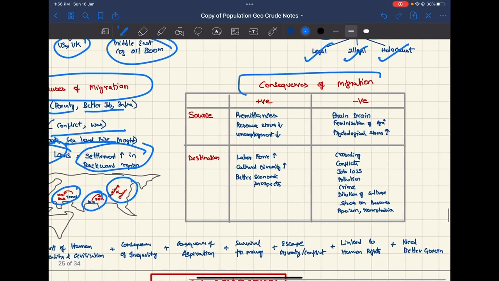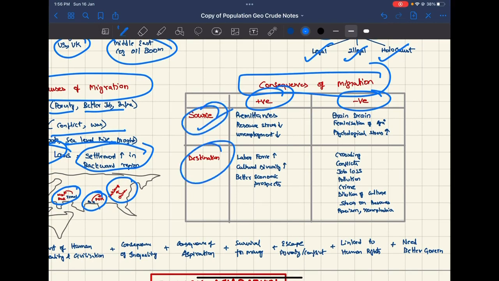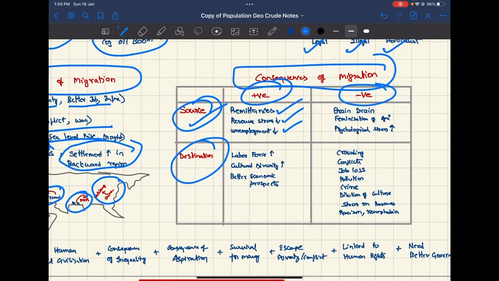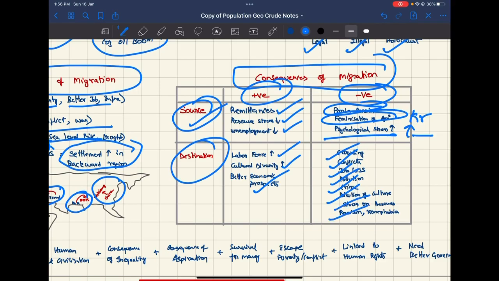Now, the consequences of migration: there are positives and negatives, both for source and destination. Source will have positives like remittances, resource stress will reduce, and unemployment will reduce. Destination will have positives like a younger labor force, increased cultural diversity, and better economic prospects. Negatives for the source are brain drain, feminization of agriculture, for example in Kerala, and increased psychological stress due to separation. The negatives for the destination will be crowding, conflicts, job loss, pollution, crime, dilution of culture, stress on resources, racism, xenophobia,